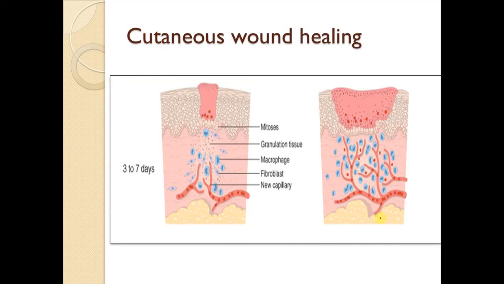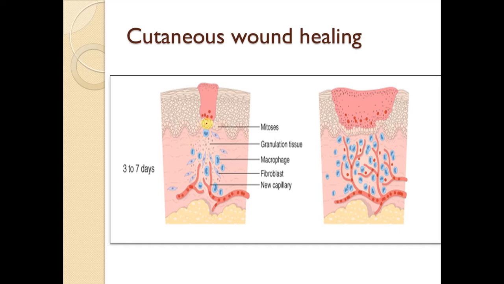What happens in the next 3 to 7 days? On the third day, what happens? The neutrophils are largely replaced by the macrophages. Now the macrophages come over and take their place. And if you can see here, these are the spindle-shaped fibroblast cells, and blood vessels have started to form. Newly synthesized blood vessels are forming here. A lot of macrophages are present, fibroblasts are present,